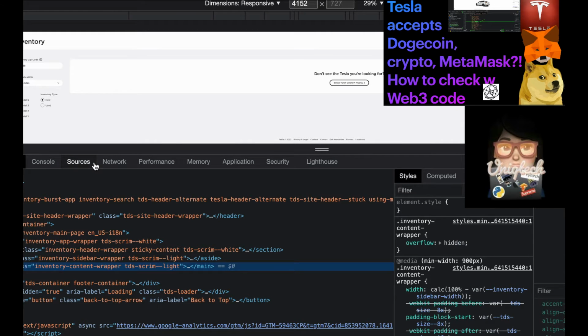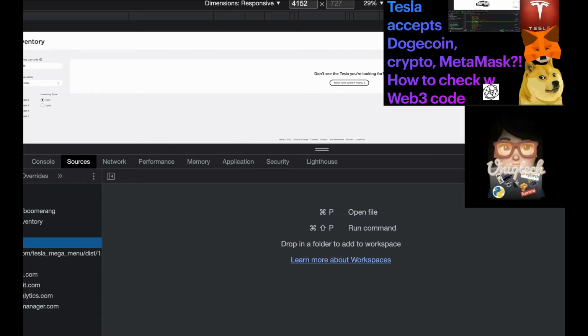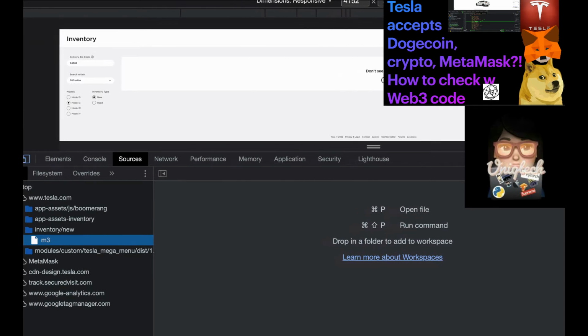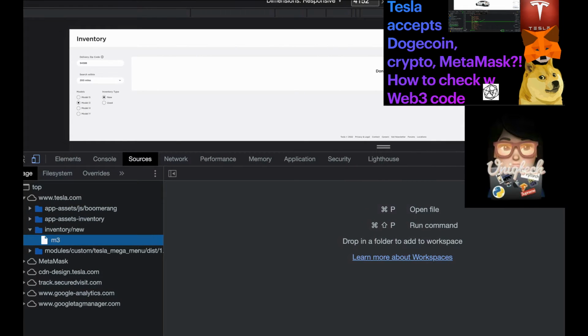And what we're looking for is actually in sources, because sources contain some of the files, including not just the HTML files, we are also able to see some JavaScript here as well. So what you're gonna do here is you can see already a little bit that